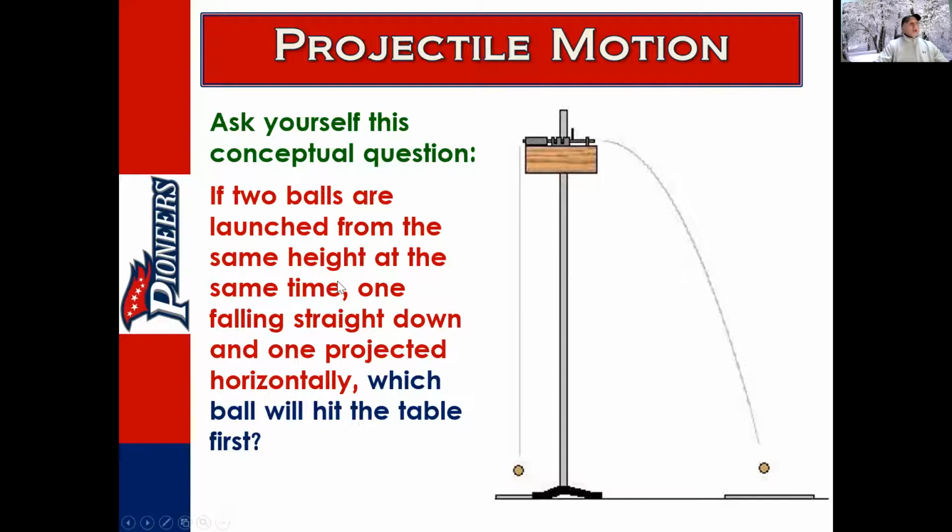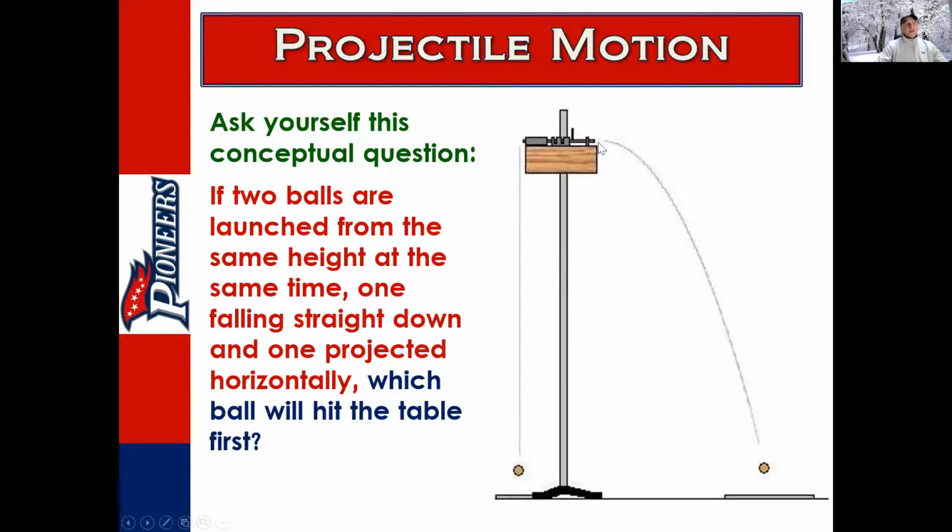And so the idea is what's going to happen, right? Well, this ball is going to free fall. This ball is going to free fall, but it's also going to move to the right at the same time. So the $1 million question is, which ball is going to hit the ground first, right? Now, the diagram kind of makes it look like, well, they probably are going to hit the ground at the same time. And if that's what you're thinking, whether it's because of the diagram or you're otherwise, you'd be correct,